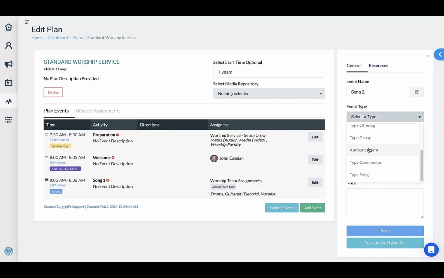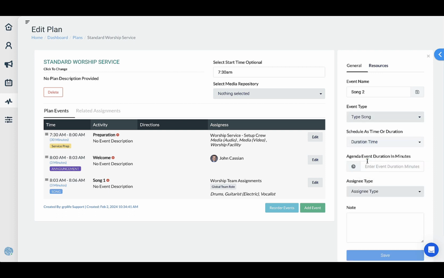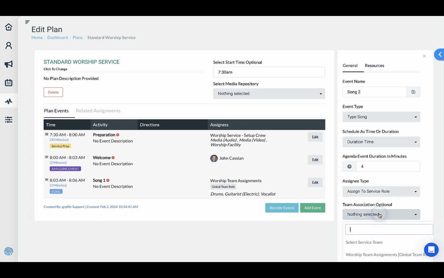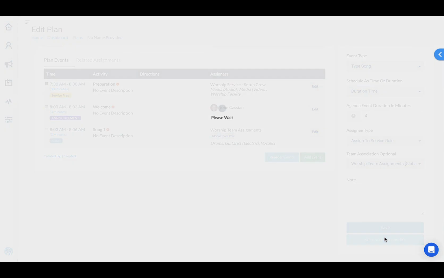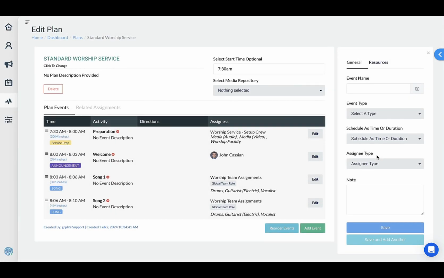And this is a song, and then it's a 4-minute song here. Service role, and then worship team. And then we'll save and add another one. And for the sake of this demonstration, I'm only going to add a few of these. We'll just call it sermon. We'll say this is going to be,